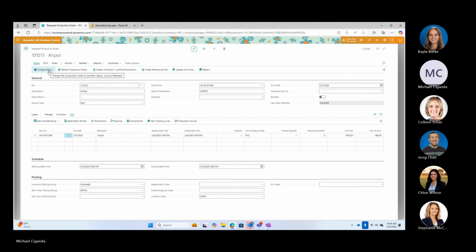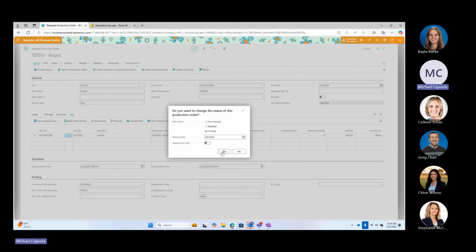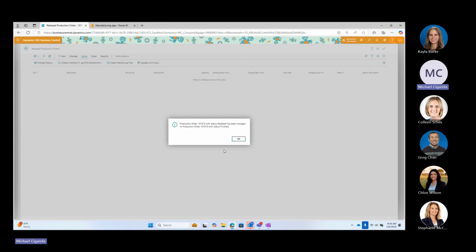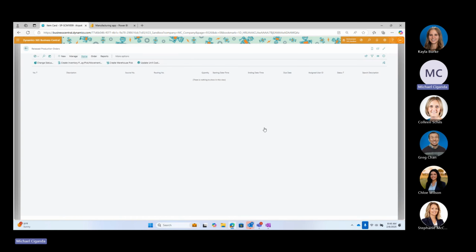I'm going to go ahead and change the status. And changing the status makes all the costing elements go all the way through the general ledger. I'm going to go finish it. But it's also important to know that once you finish a production order, no changes can be made. So I'm going to go ahead and finish this production order, and then we'll go to the production order screen,